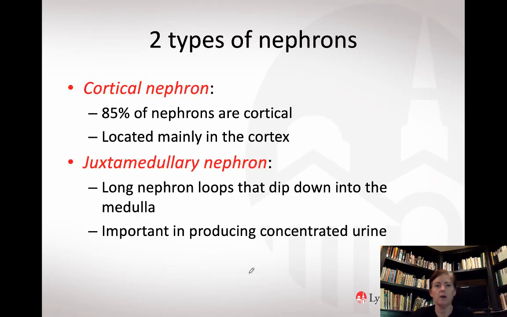Okay, I did want to touch base on the two types of nephrons. Nephrons come in a couple different varieties. The most common type is a cortical nephron, and most nephrons, about 85%, are cortical, which means they are primarily located in the cortex, in that outer third of the kidney. The other type of